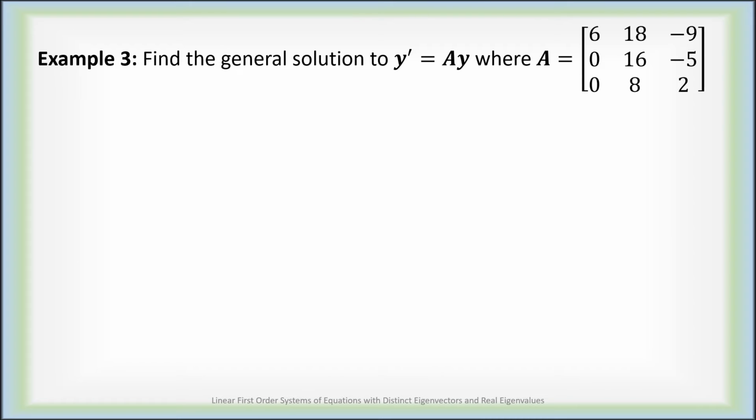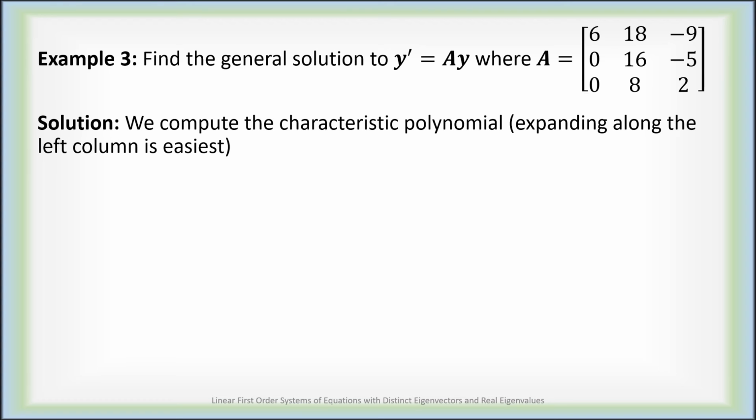For our third example, let's find a general solution to y prime equals Ay, but now A is a 3 by 3 matrix. And we begin by computing the characteristic polynomial. I think it's easiest to expand along the left column due to the presence of these zeros here. So if we simply compute the determinant of A minus lambda I, we just have to subtract lambda along the